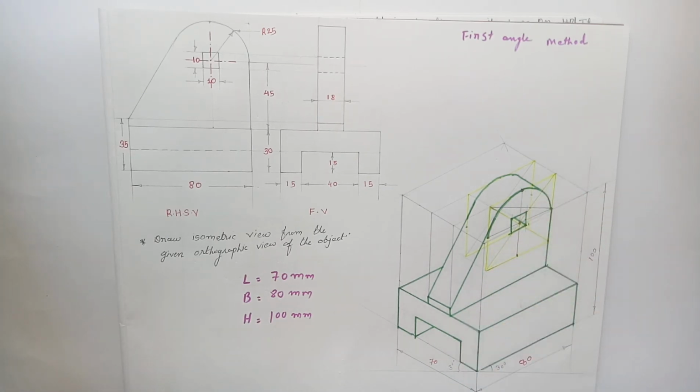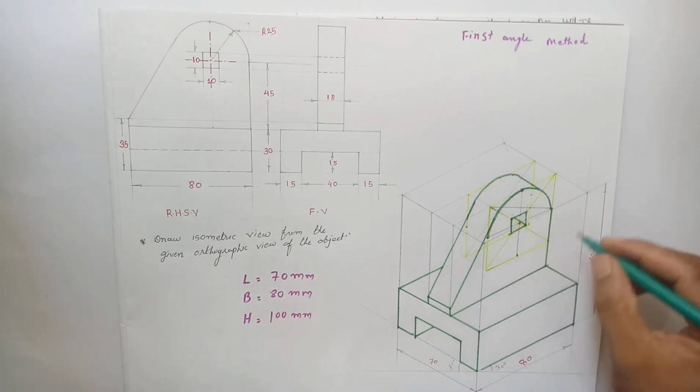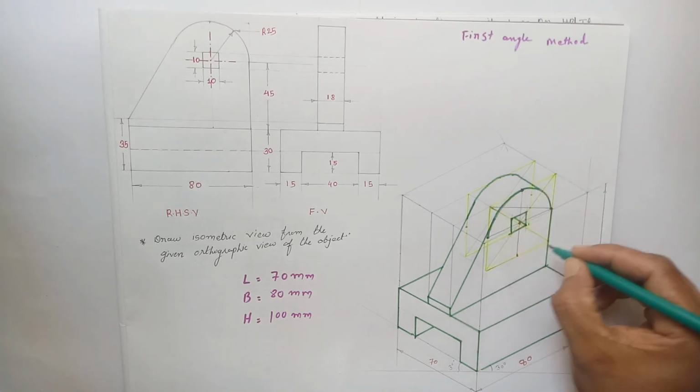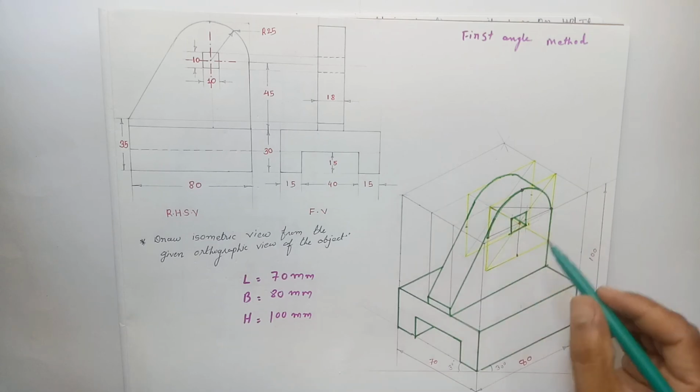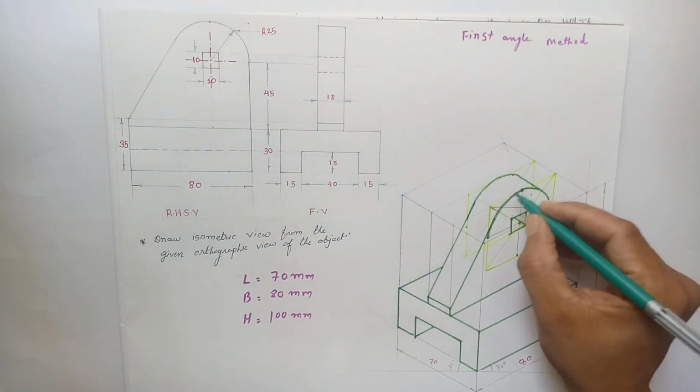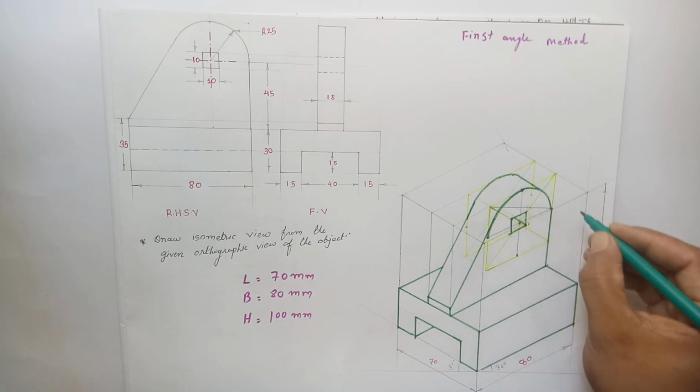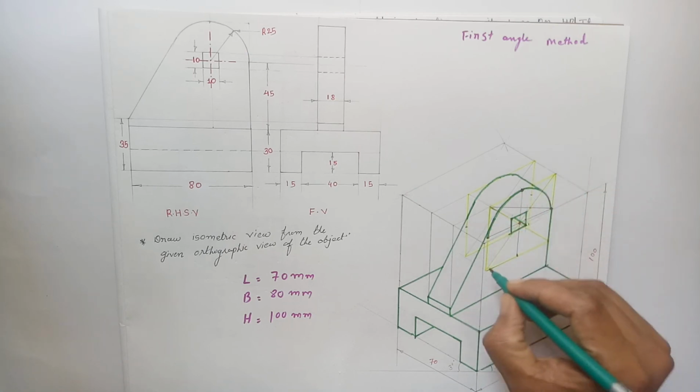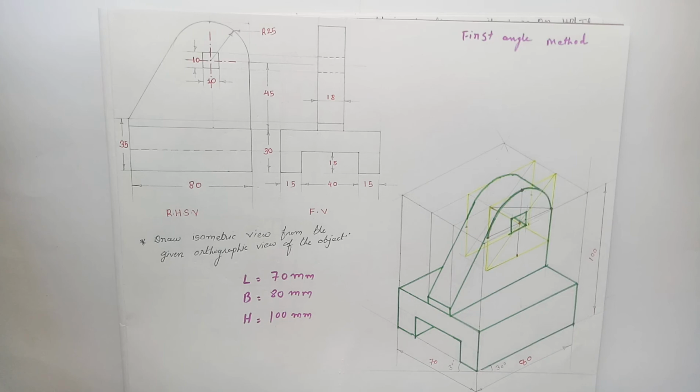For that we have to follow the four center method, and before following it we have to draw a rhombus having a side length of 50 mm, because the radius of the circle is 25 mm. So if we want to generate the semicircle, we have to draw a rhombus of 50 by 50 mm. Now, this is it for today.